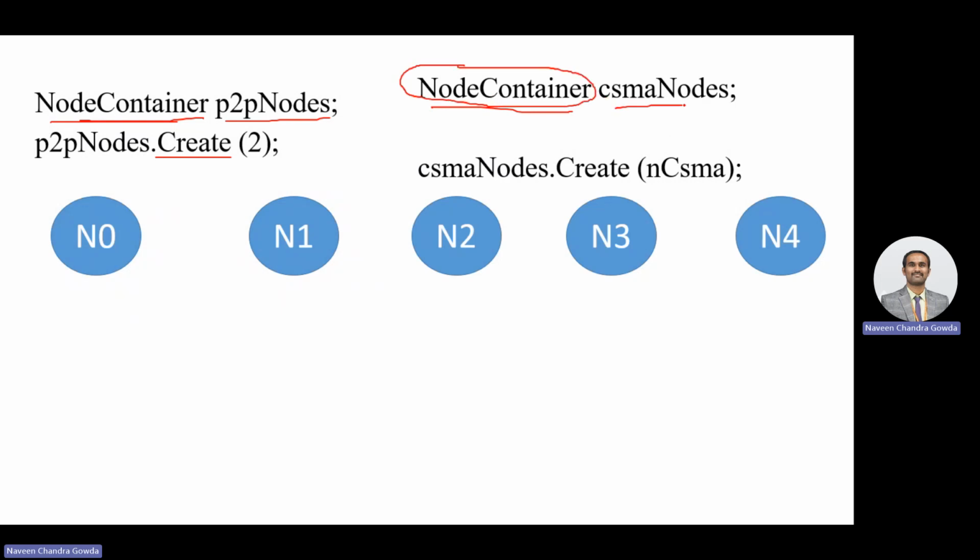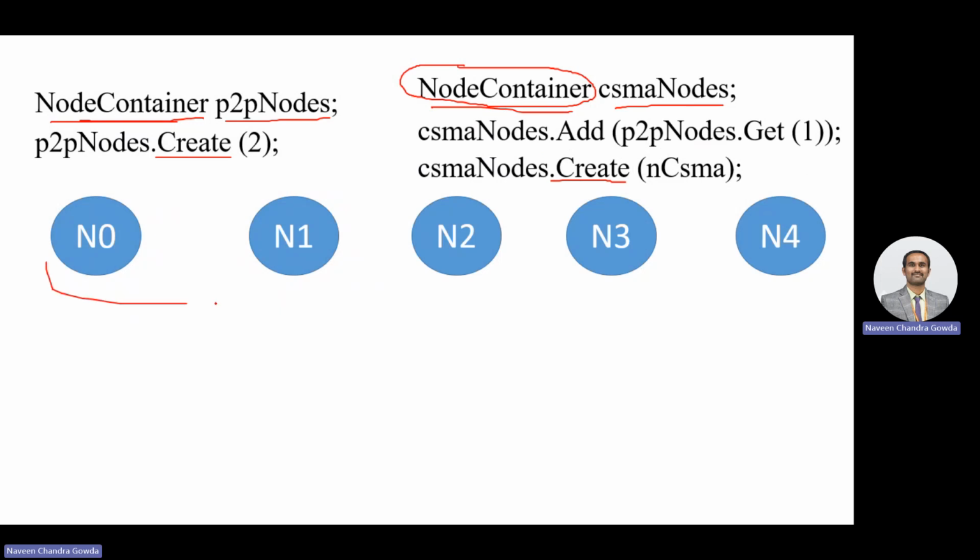Then this is an object nomenclature which you are giving. It is based on your requirement, right? You can freely use any kind of name. It is an object which you will be creating. The method which is used to create the nodes is dot create. Once you create two nodes as point-to-point nodes and another three nodes as CSMA nodes in this case,